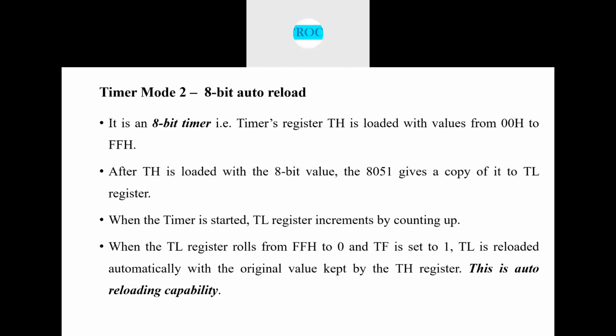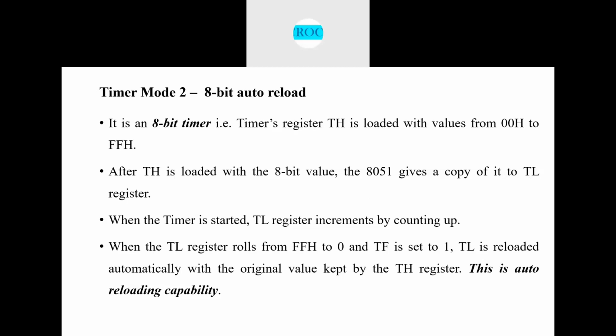I'll say how the TL register is used here. The TL register is loaded with an 8-bit value, the initial count value. Whatever the initial count value is, the TH, the higher byte register, is initialized with that value, and a copy of that is given to the lower byte register. When the timer starts using the set bit TR1 or TR0, depending on which timer is selected to work in mode 2,